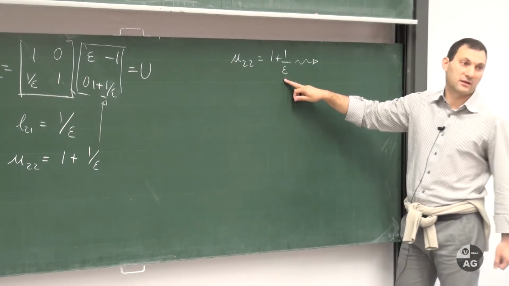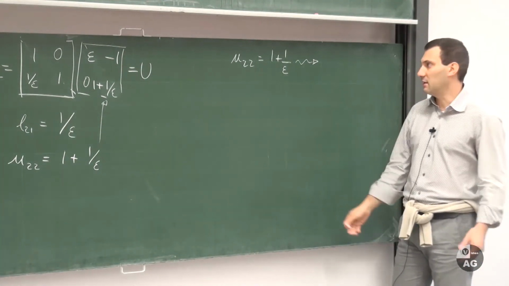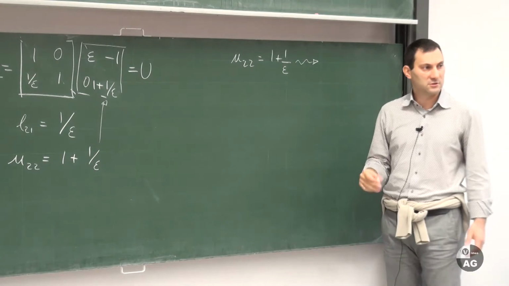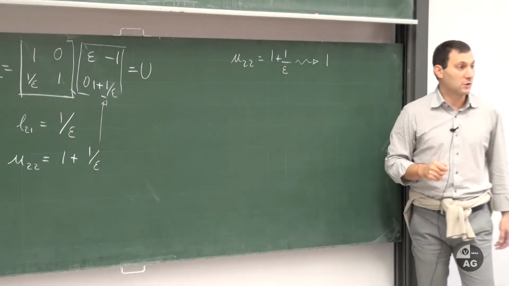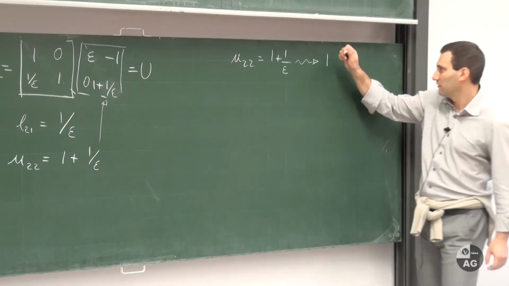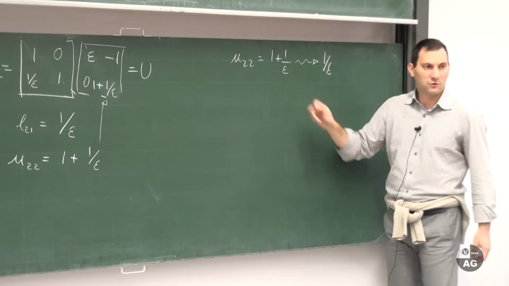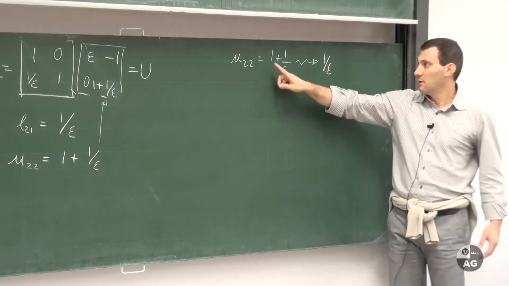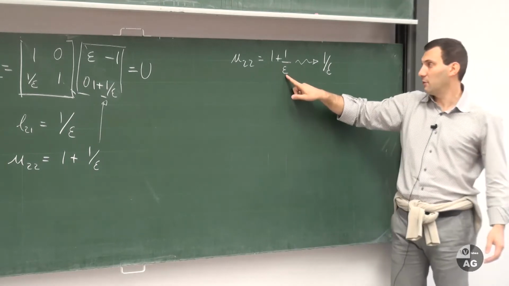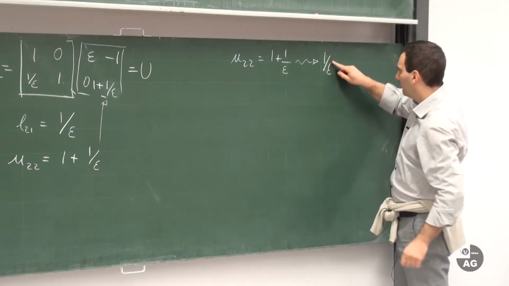Yes, if it's exactly 0. Let's make it small, but not so small. Let's say 10 to the minus 8 or 10 to the minus 9. Yes, this thing becomes 1 over epsilon. So epsilon is very small, 1 over epsilon becomes very large. 1 doesn't affect 1 over epsilon anymore. So this number